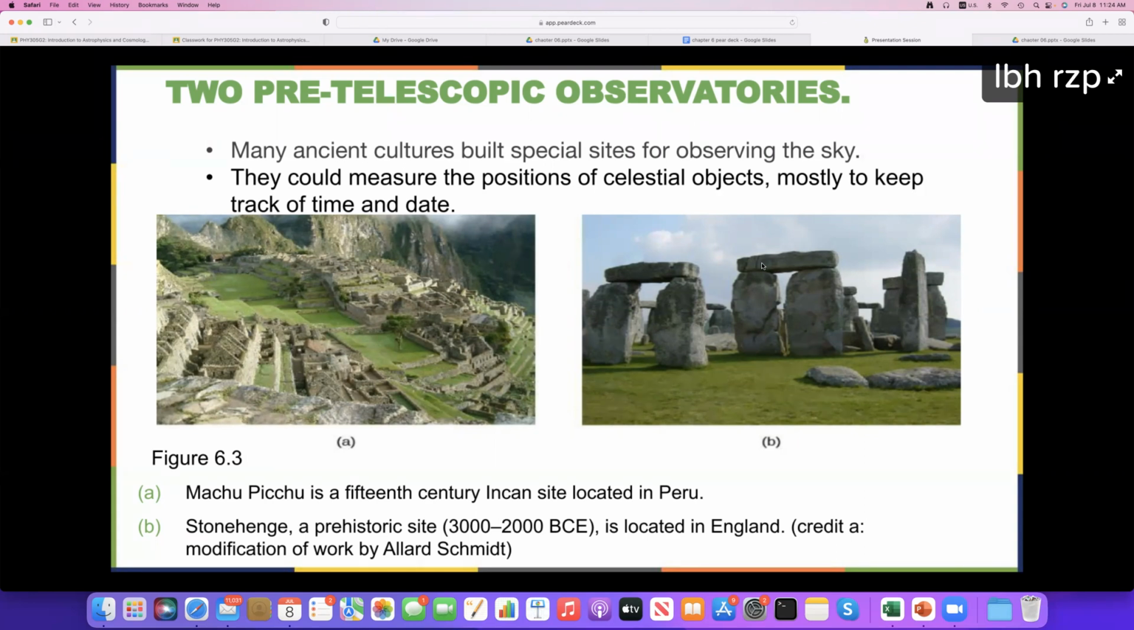Mostly to keep track of the time and date, because in the ancient time they didn't have calendars, so they kept the track of time and date based on the observation of stars and other celestial objects on the sky, right? For this purpose, they have used this kind of different structures. So this is before we invented the telescope, right? Then